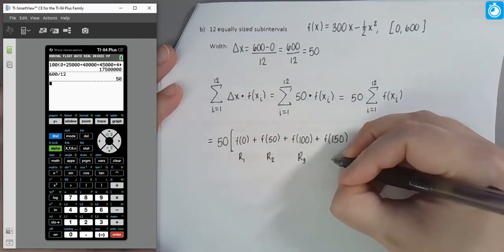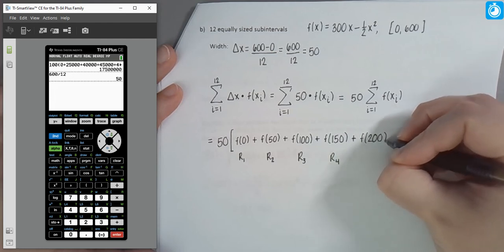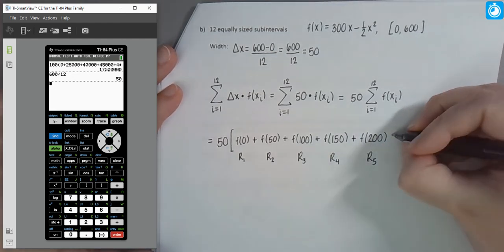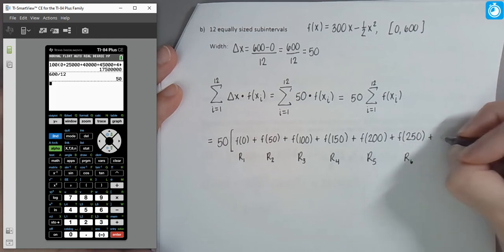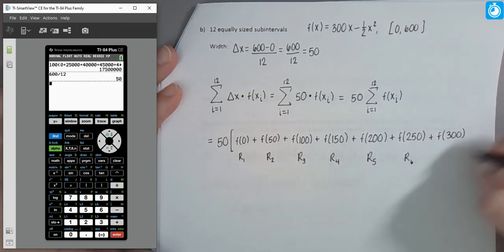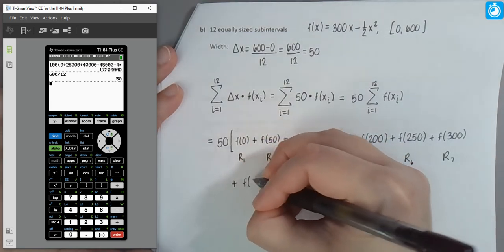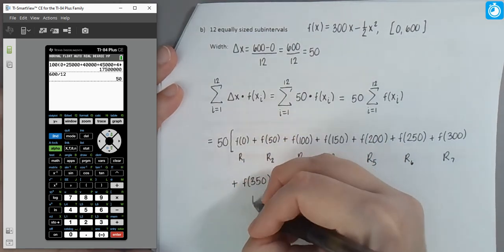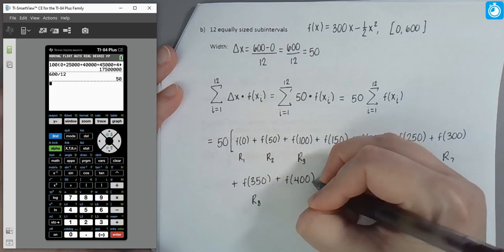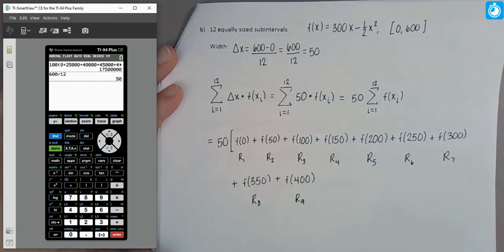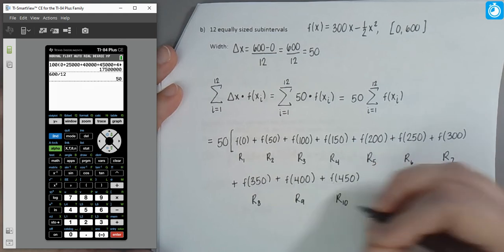So 50 units across, we transition to 150 with rectangle 4. 50 units across, we transition to 200 with rectangle 5. 250 with rectangle 6. 300 with rectangle 7. 350 with rectangle 8. 400 with rectangle 9. We've got 3 more. So then we go to 450 with rectangle 10,